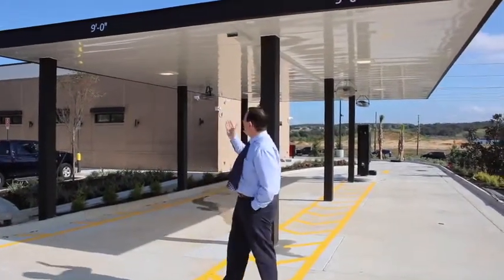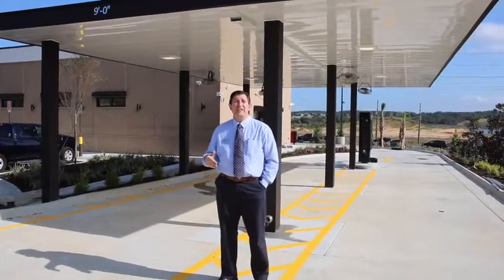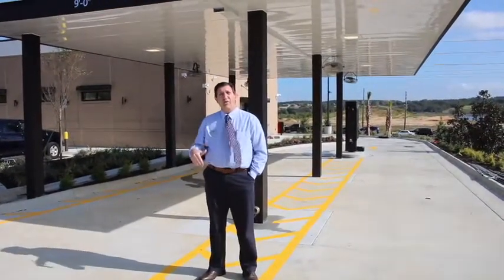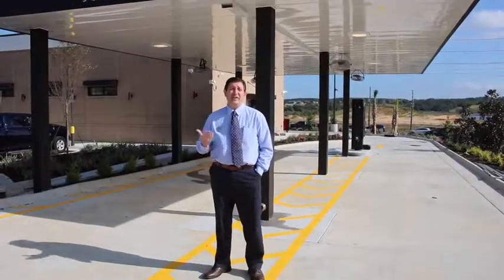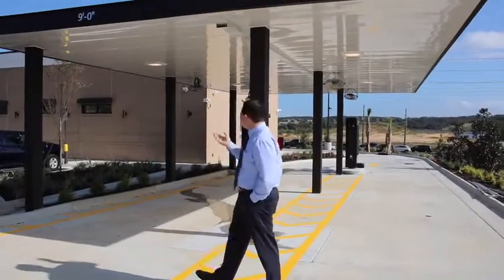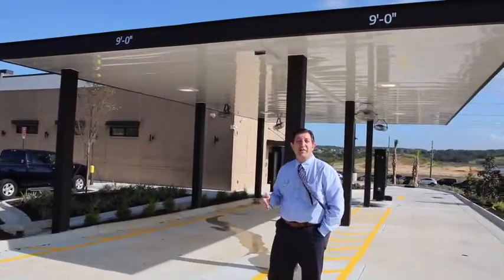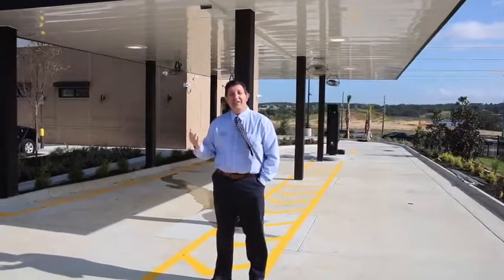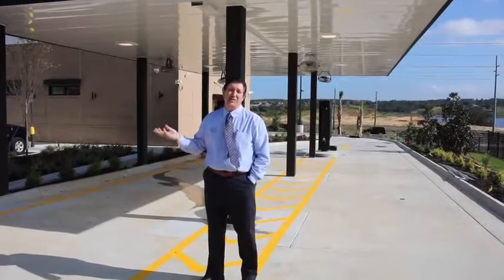And then our new canopy system, and this is all about team members' comfort and just treating the team members right. This will allow us to come out and take orders out here face to face with our customers, which we know is quicker and that the customers enjoy, but it will allow them to be covered and shaded. We have fans here, and we'll be able to plug in a small refrigerator for them to keep their drinks and anything else to make them comfortable. The biggest thing is in the glaring August sun when it's 100 and something degrees outside, they should be well shaded and